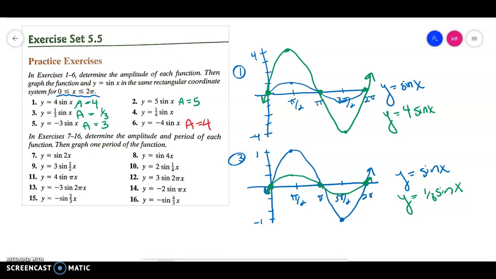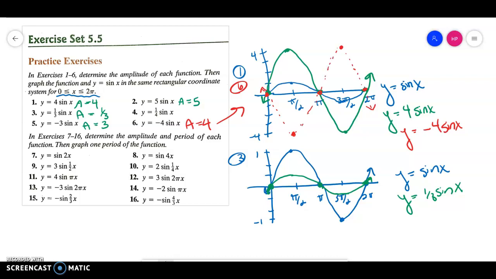So my amplitude is 4. And so if I graph number 6 here, my zeros are going to stay where they were. But my +4 is going to flip to -4, and my -4 is going to flip to a +4. And so this is going to be what my graph would look like if I were graphing y equals -4 times the sine of x. So I have that vertical stretch first of the amplitude, and then I have that reflection